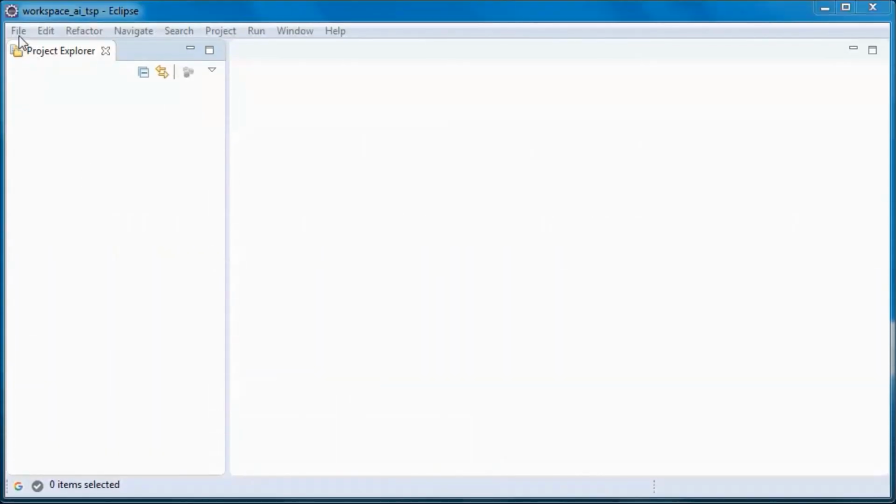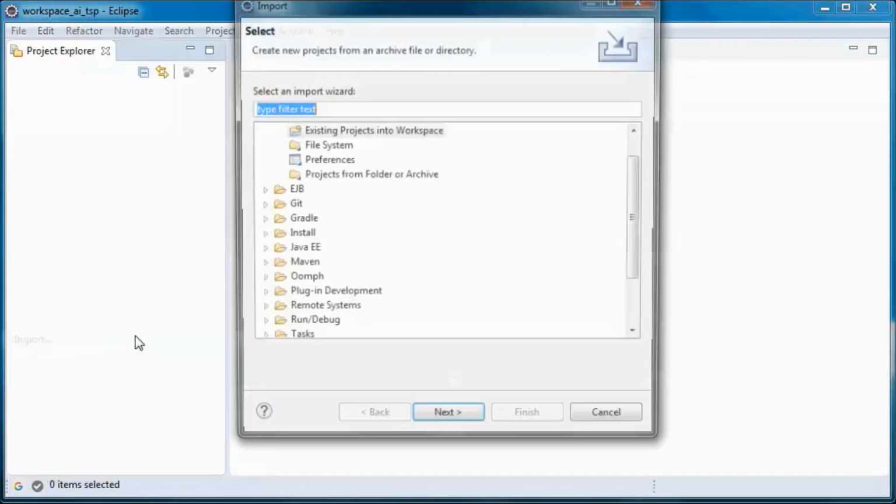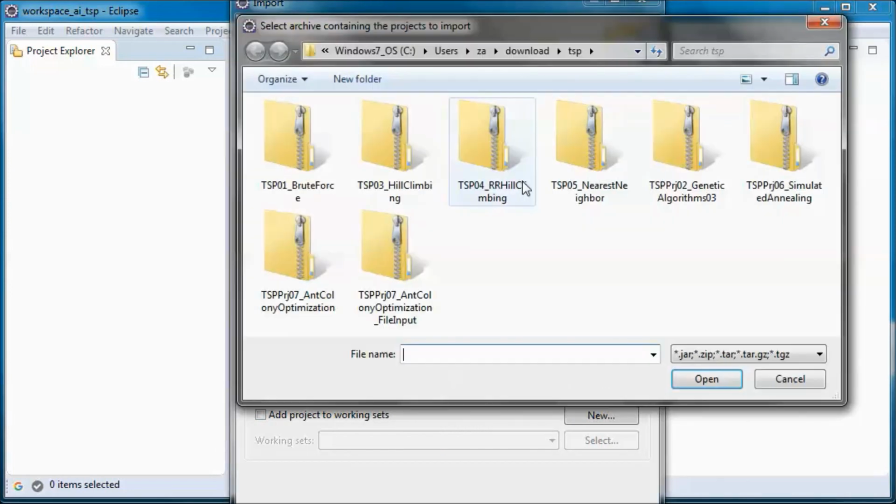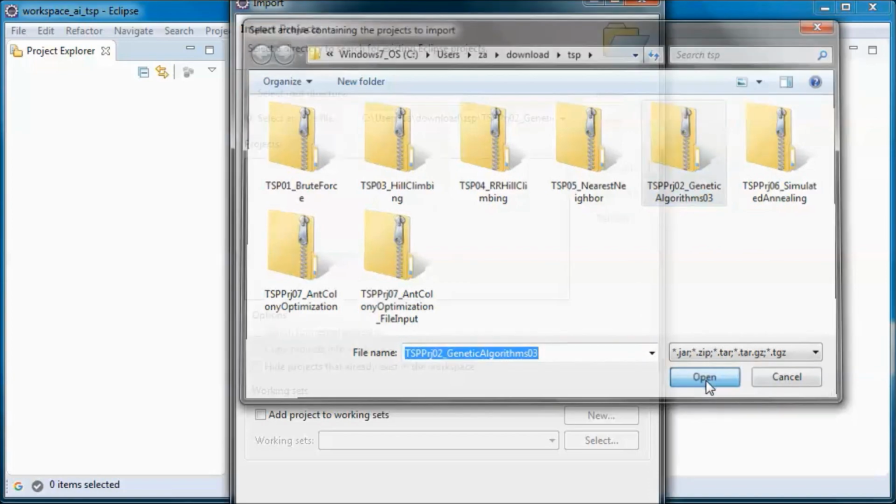I will first import the downloaded TSP genetic algorithm project.